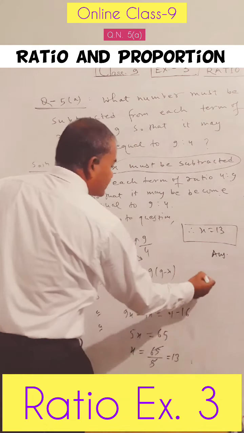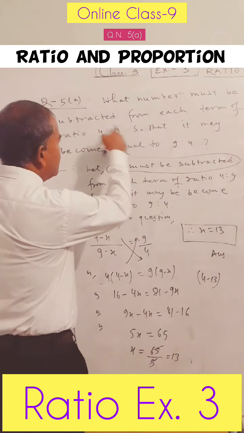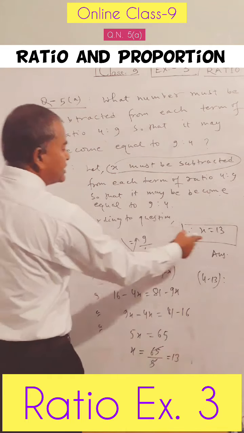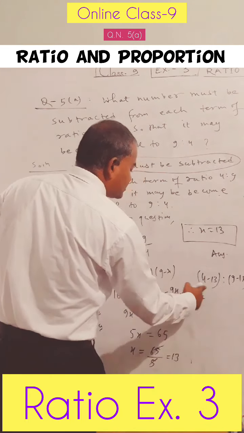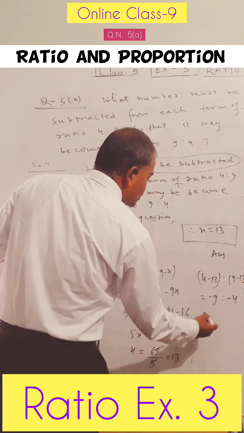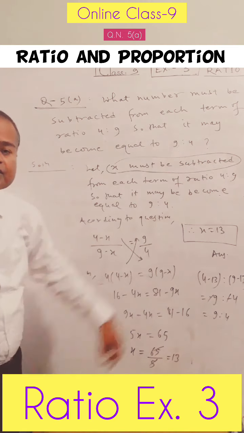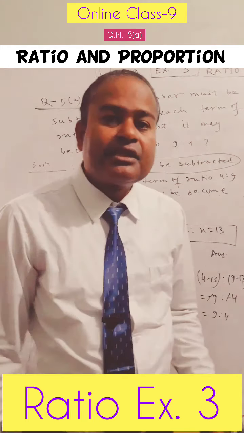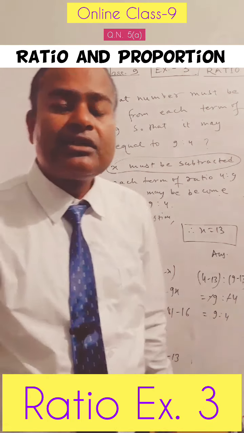So let's check. If we subtract 13 from each term of the first ratio, that means 4 minus 13 and 9 minus 13, then 4 minus 13 we get minus 9, and 9 minus 13 we get minus 4. So minus and minus we can cancel, then we get 9:4. So this ratio will get exactly the second ratio. We can check most of the answers. If we get the answer and tally it with the question, then we can easily check